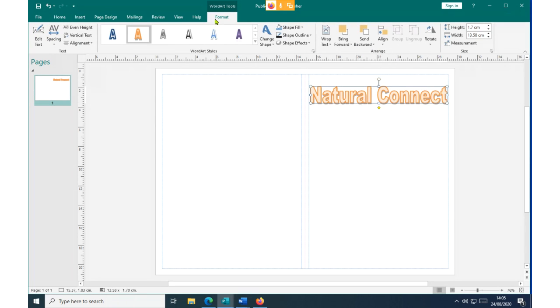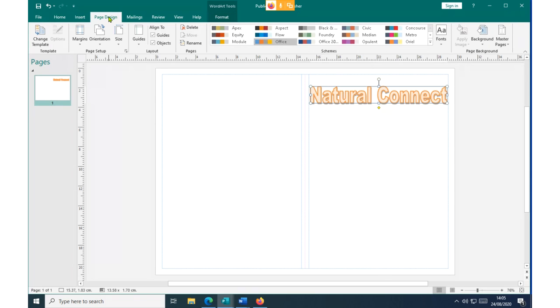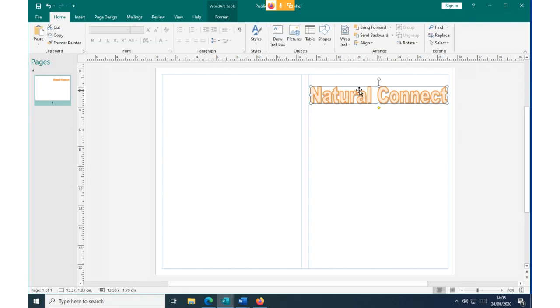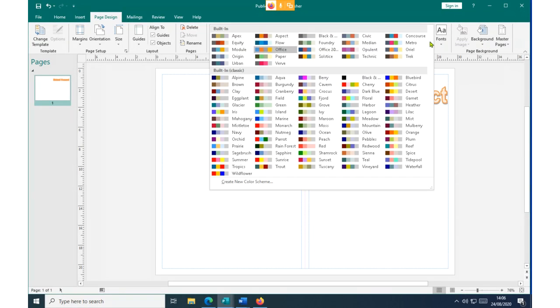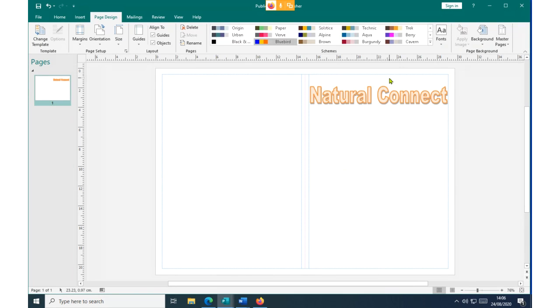On page design, you see I picked that one. Then I can come back to page design, and under home, let me go back to the home command. First you click on it, and then it's under page design. You can change what we call the colors. At the moment, the color that is here can be affected by these. Normally, these ones are called themes or schemes. For example, if I pick a color here and apply, definitely it's supposed to affect that particular location.